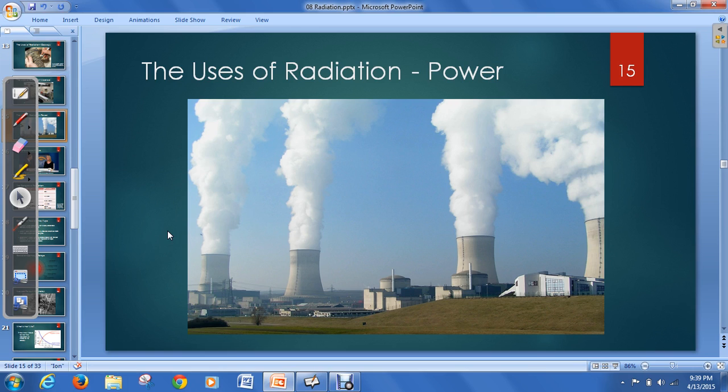And so what they do is they will put in a source like uranium, for example, and they can use that source of uranium to generate lots and lots of gamma radiation, and it will cause lots and lots of heat. You put water around the uranium or some type of liquid, and it absorbs this heat that's being generated from the uranium, and that heat can turn into steam, and that steam will turn a turbine,